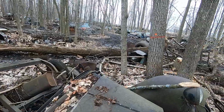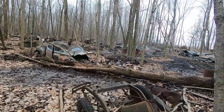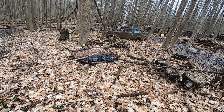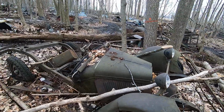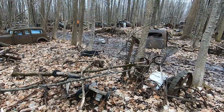So guys, I'm at an undisclosed location, an old car collection that some hermit had with a couple friends on the weekend. And there's all sorts of cool stuff. They actually hauled out of here for 7 years. And this is just what's left over, so a lot of kind of oddball and undesirable things. But